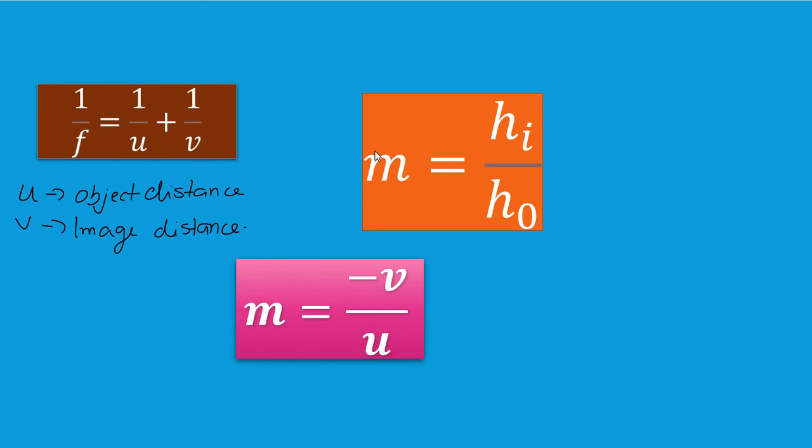Now, we're going to see what magnification is. What do you mean by magnification? When the object is at C, the image is at the center of curvature itself for a concave mirror, right? So there the magnification is 1. That means the object and the image are of equal size. But when the object was at the focus, we saw that the image is at infinity and highly enlarged. That means the magnification is very large, greater than 1.